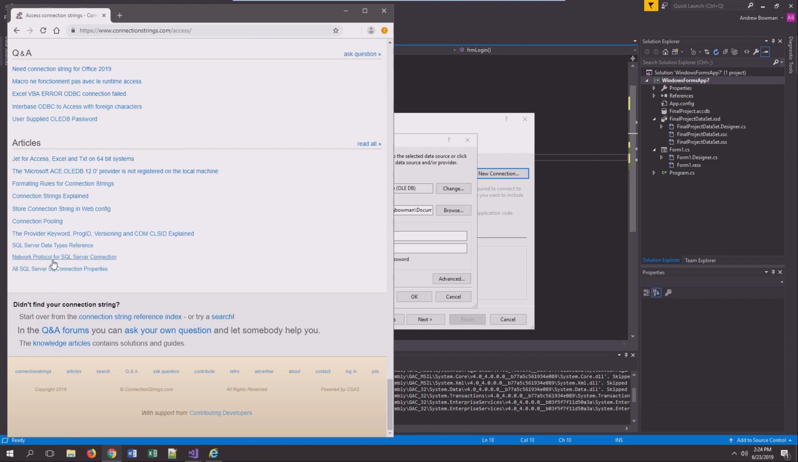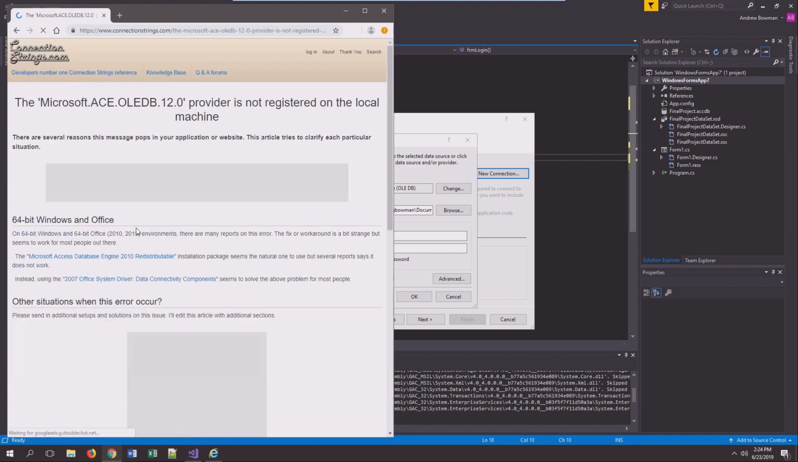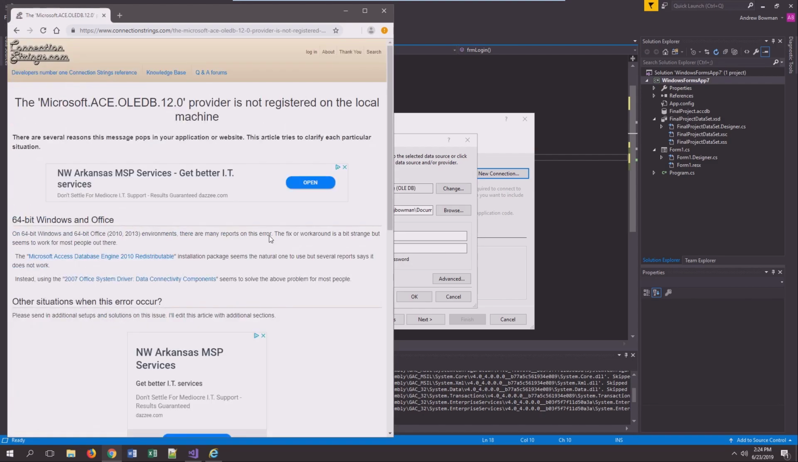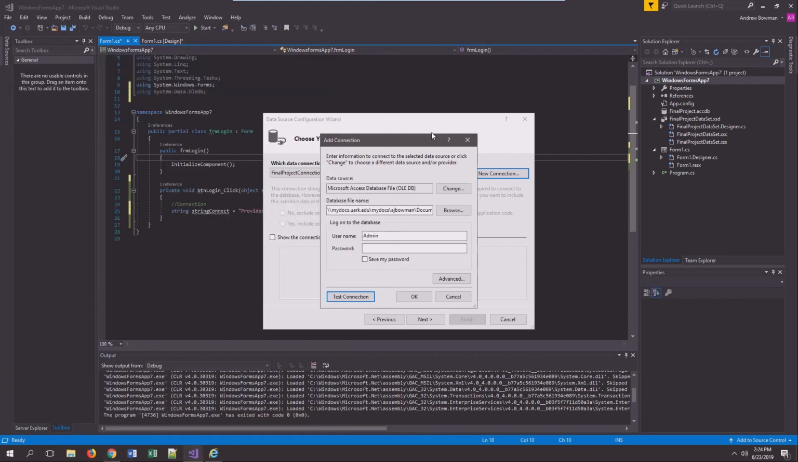It's one of the most common questions they get asked. Yes, right here: "Provider is not registered on local machine." You go here, and they're just going to tell you exactly where to go to download it. That's simple, but I'm not really going to cover this in class, and you should really know how to install drivers on your own. But after your test connection succeeds, so remember, if you get a test connection failure,